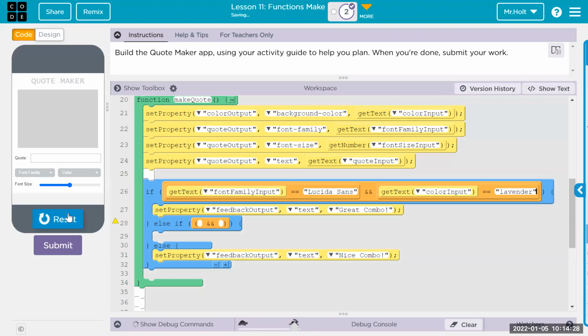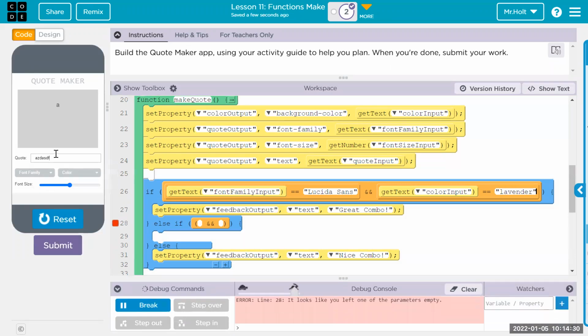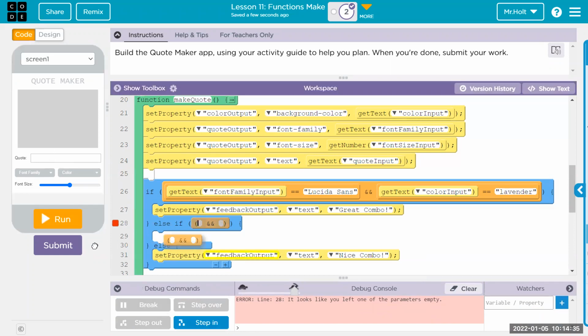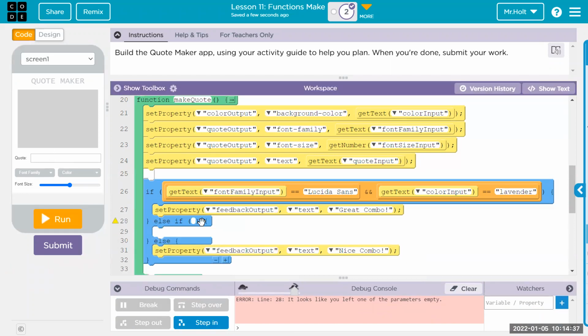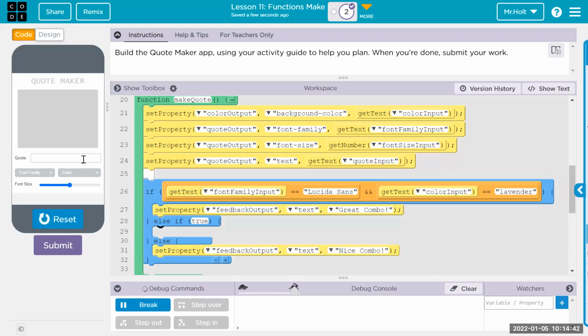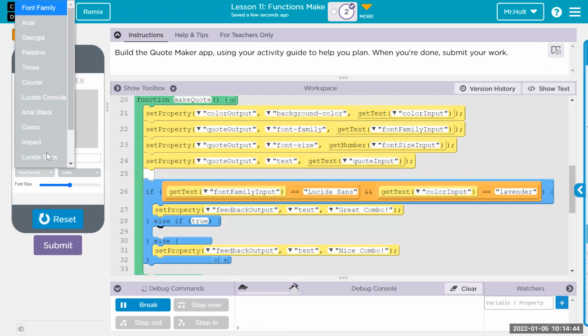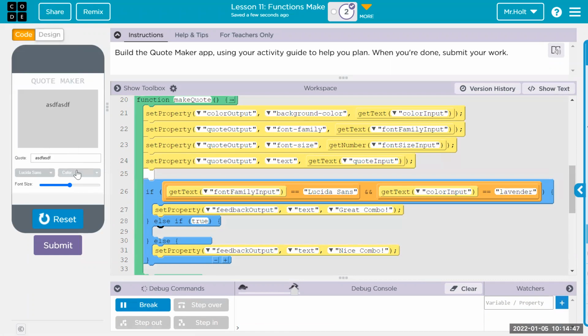There we go. Okay, so let's first thing I'll put some stuff in here, and we have an error because of this part. I'm just going to get rid of this for the sake of testing. Else if true, something that doesn't break. Okay, I'll put something here and font family there, and true. It should be getting to nice combo. Let's see if a number breaks it. Oh wait, 1 is also a synonym for true. Okay, let's try this. Font